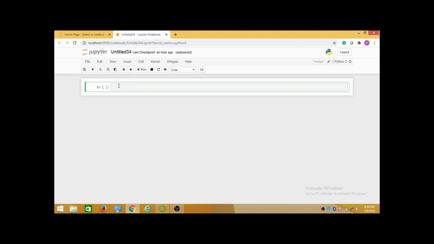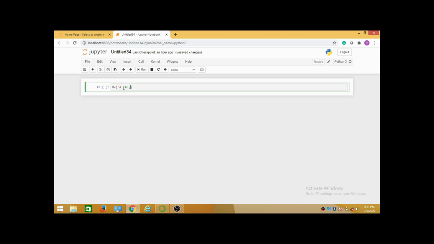For creating a dictionary in Python, we are using curly braces. So this is my empty dictionary here. I want to give a key as well as values for that particular key. So here my key is a, and I'm going to give my value here 45.